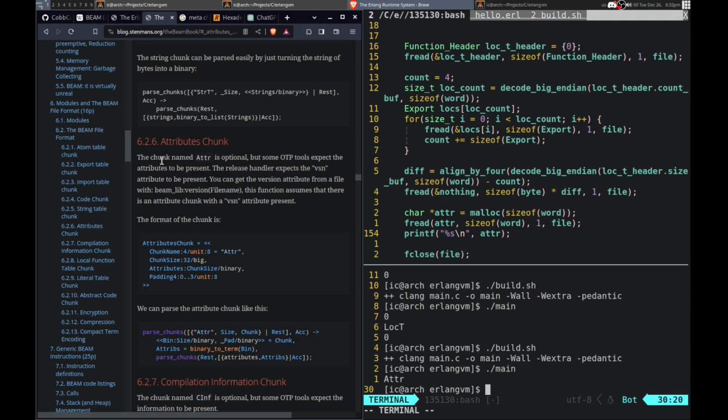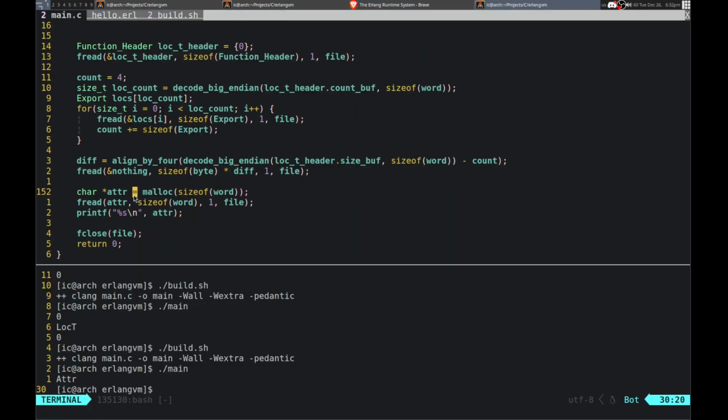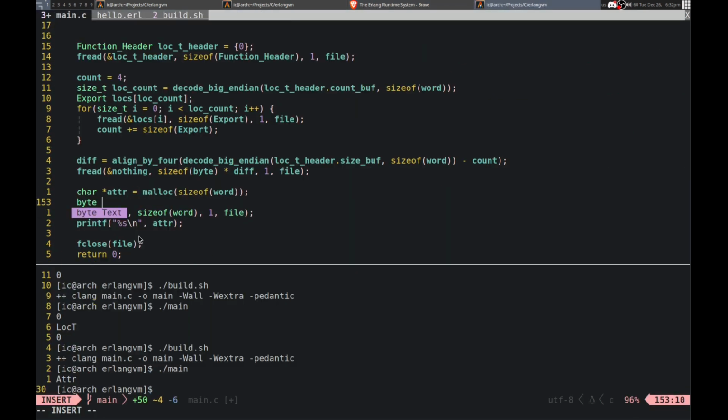But some of the tools, it's optional, okay. The release header expects the VSN attribute to be present. You can get the version attribute from a file with that. Assumes that there is an attribute with a VSN attribute present. Okay. So we parse it like that. Alright. I think I can do this then. So that's the name, and then we have the chunk size. Fine.